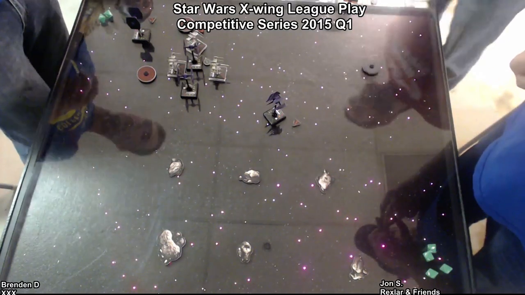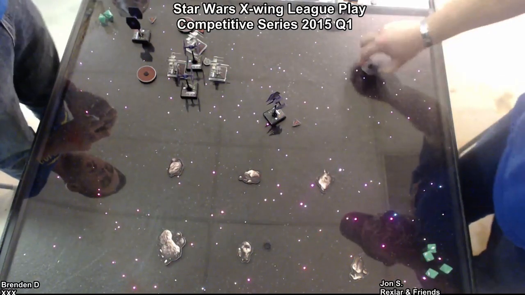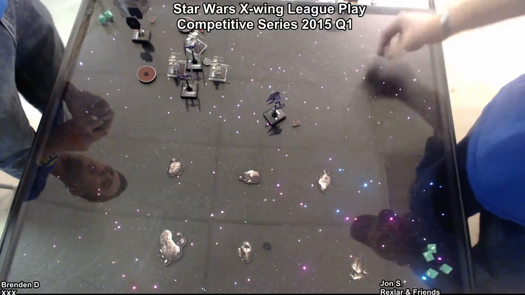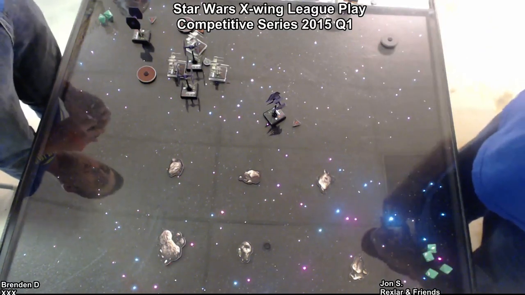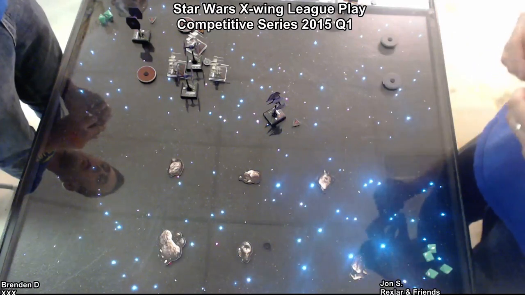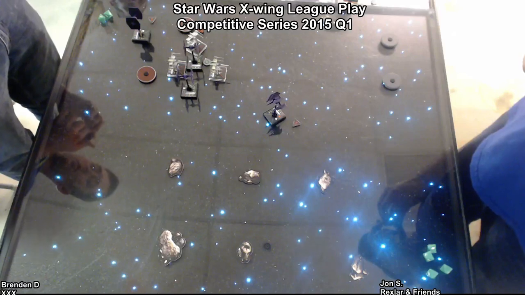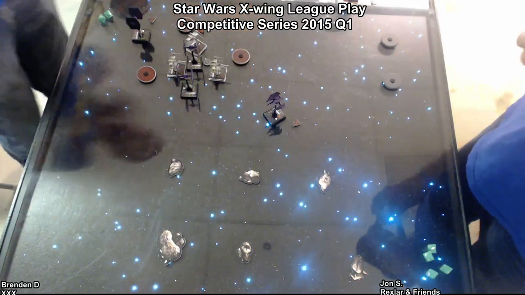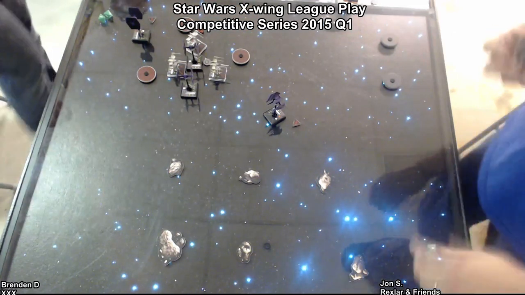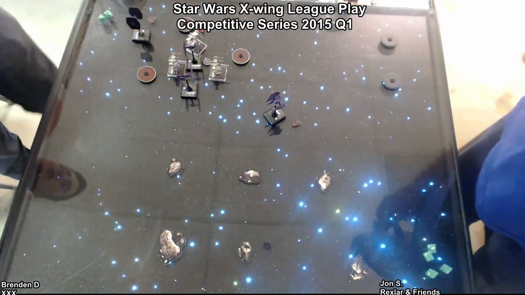Damage sensor array on Wedge. That is a big deal. No actions. Uh-oh. He's got 1 left, but he picked up a crit with the damage sensor array, so he can no longer take actions. That is going to be big. That is the most annoying crit in the whole deck, I think. Besides lose your elite pilot talent and ability. Yes, but if he can get Rexler with this turn...